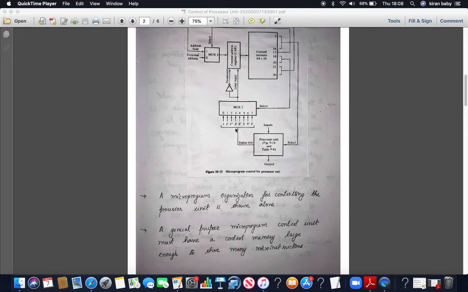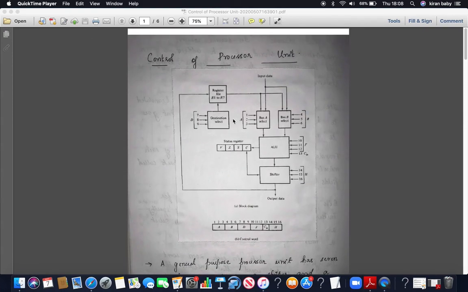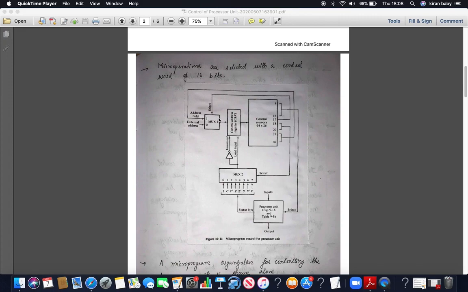In a way, after an arithmetic or logical operation, some of these flags will be set, and based upon that set value, our load input is decided. That's how the entire working of the control of the processor unit looks. This is the diagram which you have to study and draw, the microprogram control for the processor unit, and you need to explain how this value gets loaded into the CAR and what is the role of all these 26 bits.